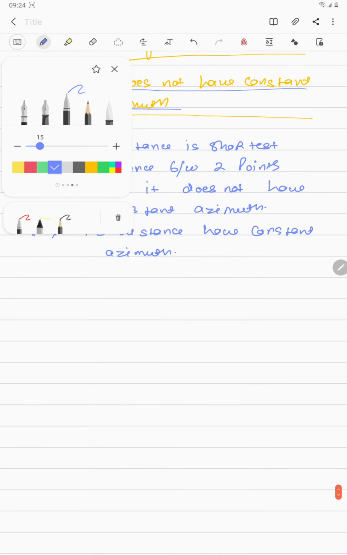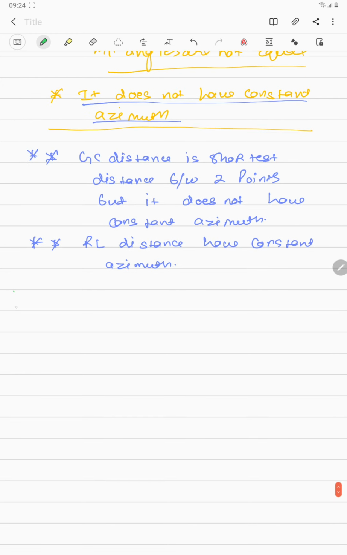So let's move forward, guys, and talk about another point. Let me just go for the fourth point. Now guys, there is a property of a rhumb line. Rhumb line track always spirals up to the nearest pole. I will explain this point. First, let me just write it down. Rhumb line track always spirals up to the nearest pole.